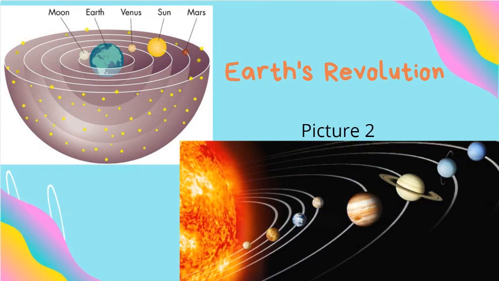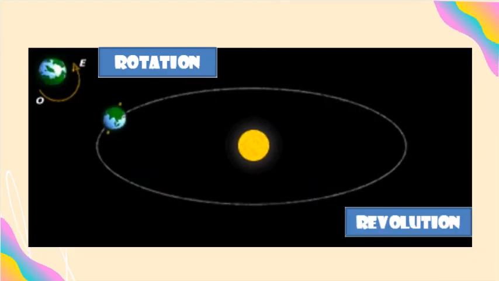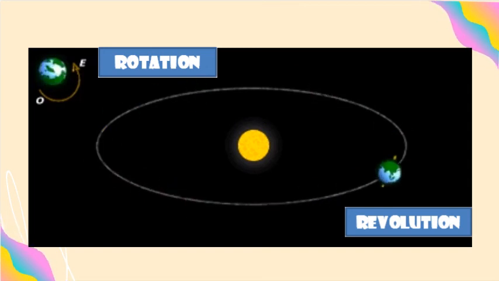Look at this picture. Can you describe it to me? This picture shows us the position of the sun, the planets, and moon. The first picture might be telling us that the sun is revolving around the Earth, but that's absolutely wrong. The second picture tells you that the planets are the ones revolving around the sun. The sun is in its fixed position, the center of the universe. Since the scientists also had found out that it is actually the Earth that moves around or orbits the sun in an oval path. The orbiting or revolving of the Earth around the sun is called revolution.